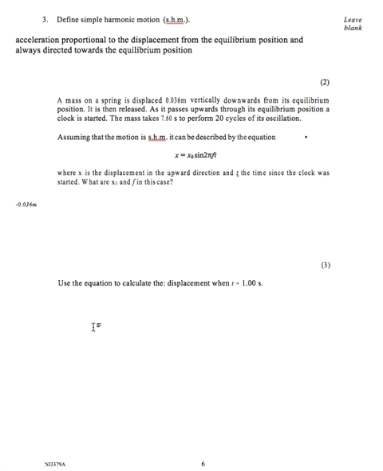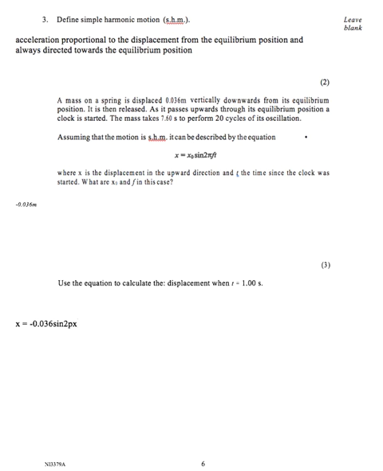So we have x equals minus 0.036 sine 2 pi times,